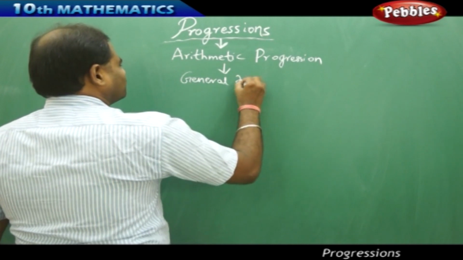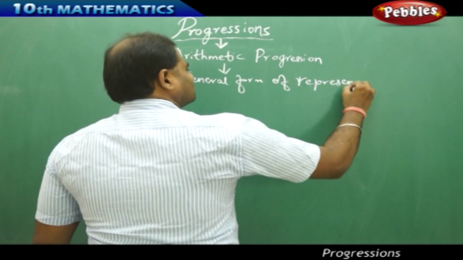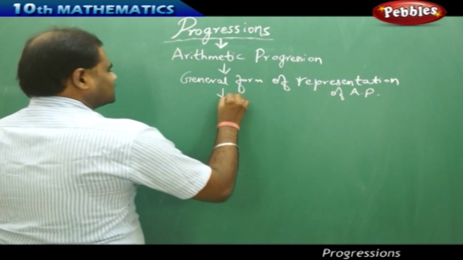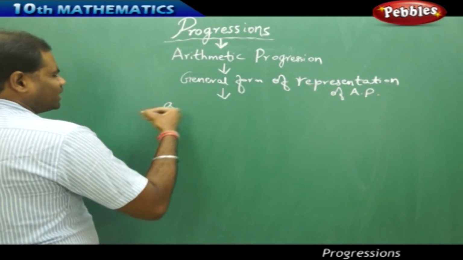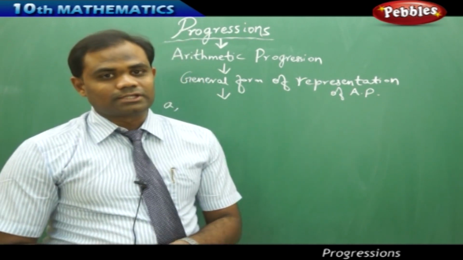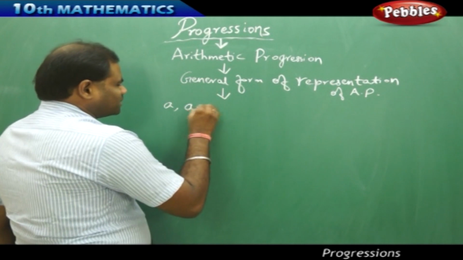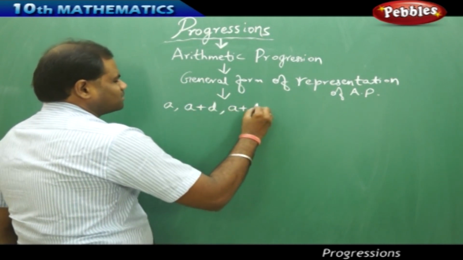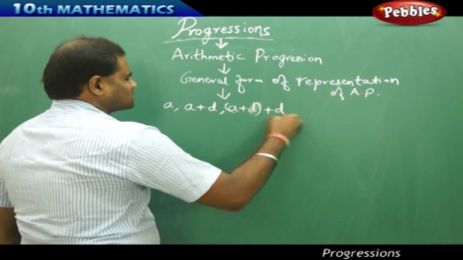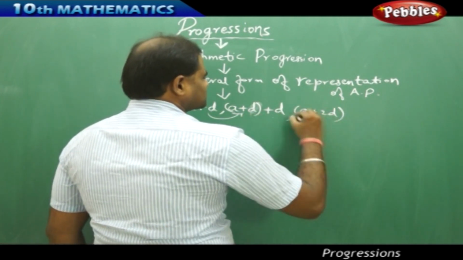So the general form of representation of arithmetic progression is done generally by taking in the form A. Now because the pattern says that there is a fixed element added to each of its terms, let me take the fixed element as D. So I take the fixed element which is added to each of the terms as A plus D, and A plus D plus D, because it is added to this,